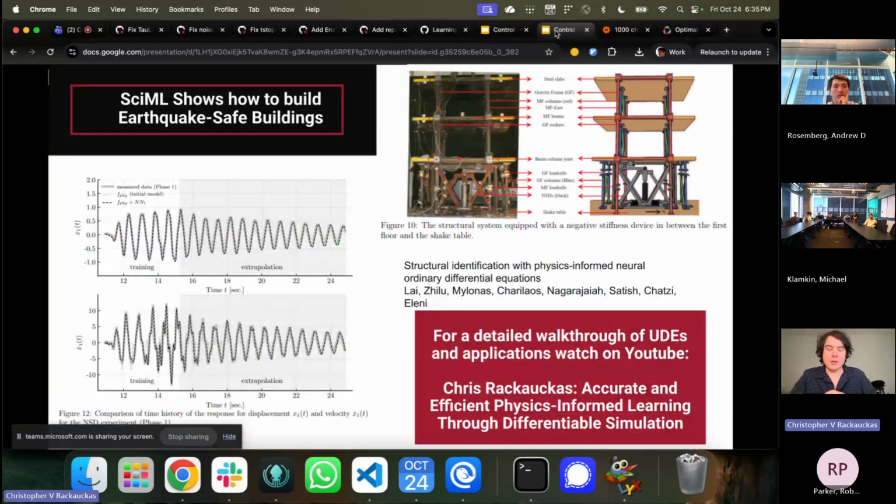And I have a whole bunch of different talks that go into this in a lot of detail. I'll just point you to, for example, accurate and efficient physics-informed learning. There are about 2,000 citations on this stuff at this point that go into, here's what it looks like in physics, here's what it looks like in earthquake-safe buildings, here's what it looks like in genomics, yada, yada, yada. So if you want to see the validations that it works not just on ODE models and general relativity, but that it works on your domain, this talk basically walks through like 20 or 30 of those examples, if I remember correctly. So it's a nice demonstration that, yeah, this is being used,